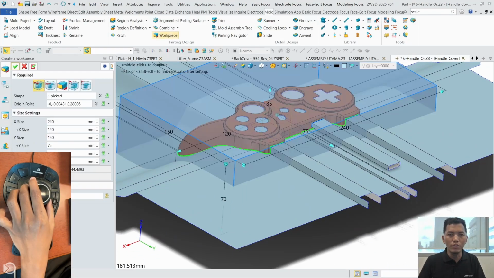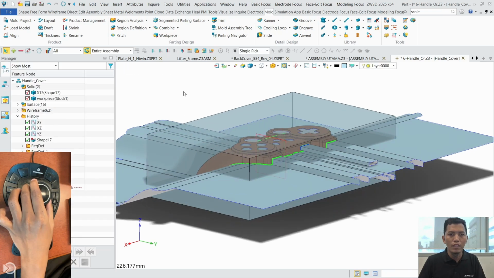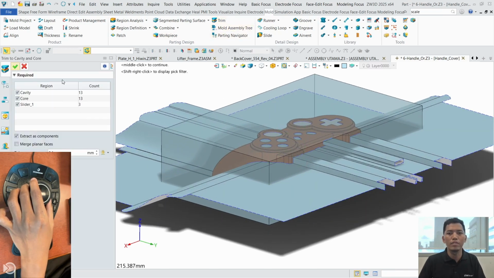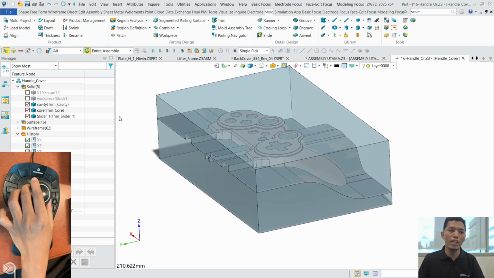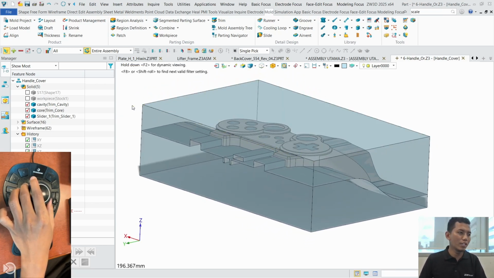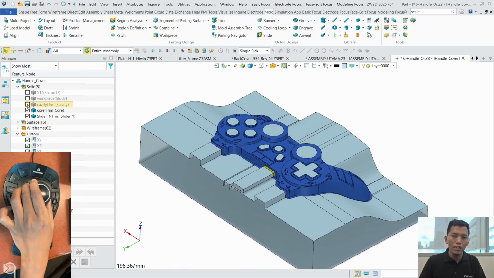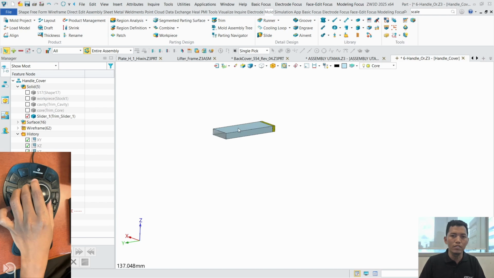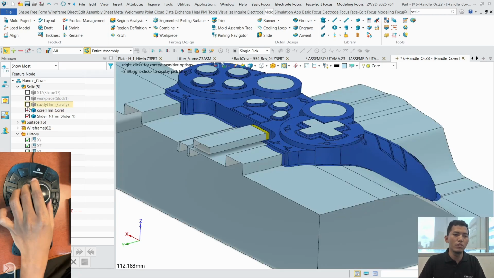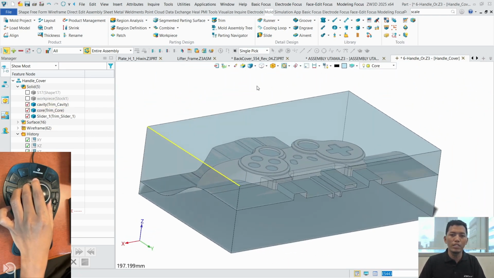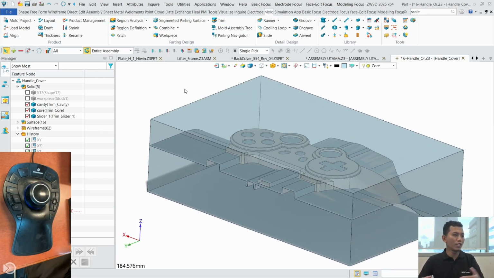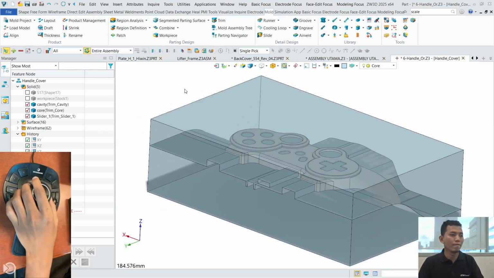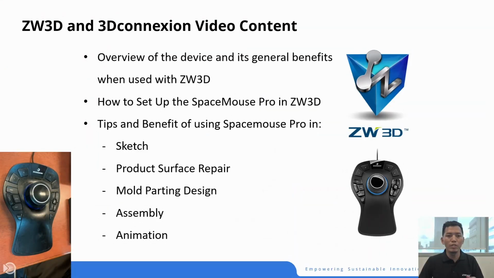this small design. We just need to prepare some workpiece and do trim cavity and core. So we are ready now, and we already generated the core, cavity, and also the slider block here. So as you can see, we can easily navigate through our model, for example, here in the mold design. That is the example of how we can benefit the process by using SpaceMouse Pro in mold design,